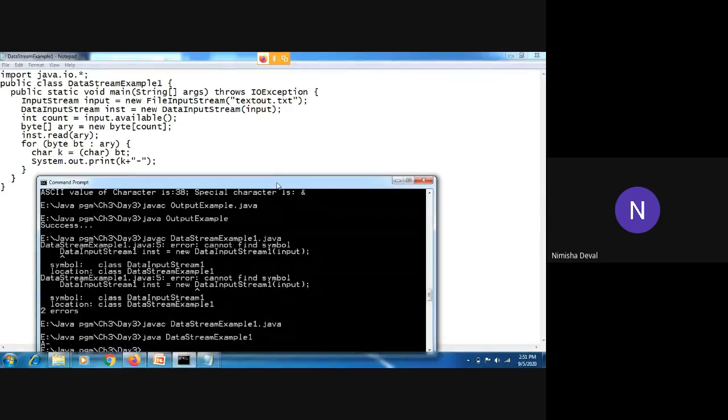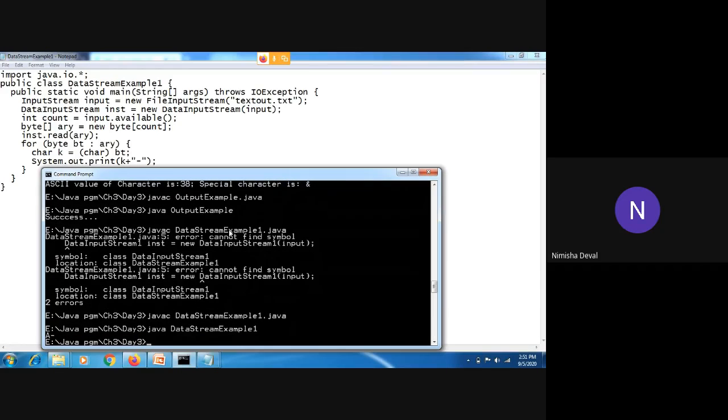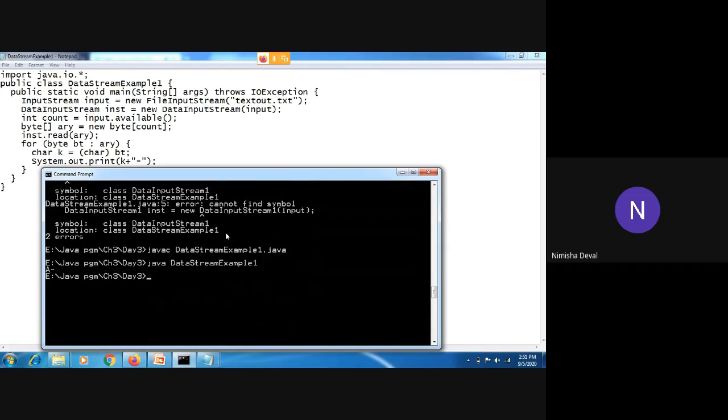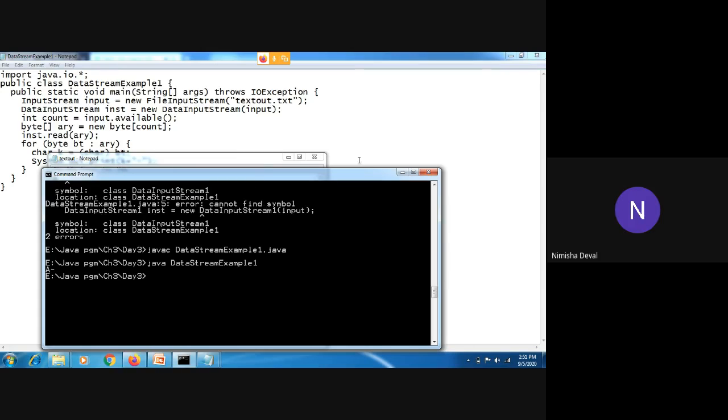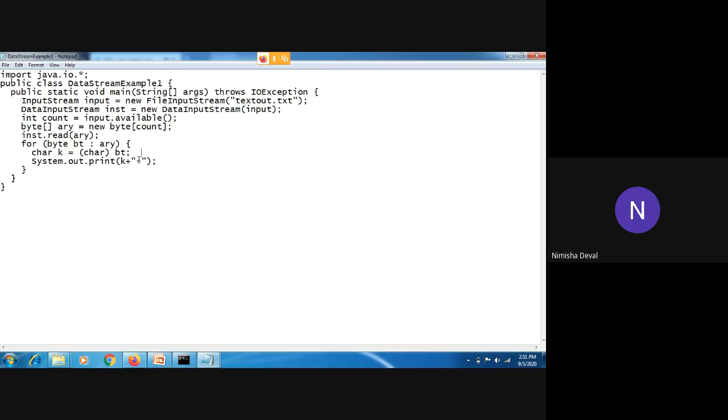Okay, whatever we have stored in that file is read with the help of this one. This minus character is present because you can see here, after that no data is there. That's why that minus gets printed over here. Its meaning is that we have completed our data.